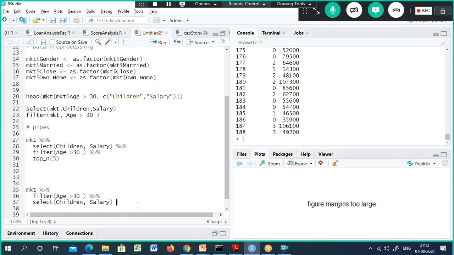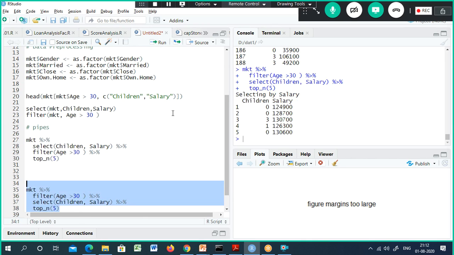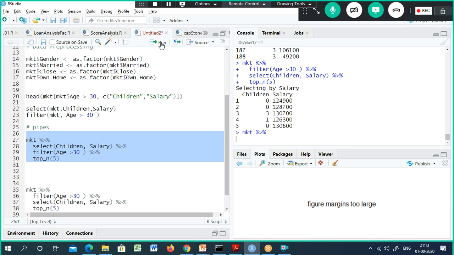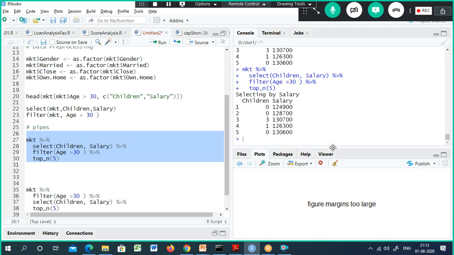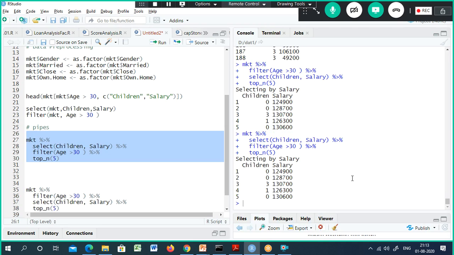This is another way of querying it. Fine. This is how we can tie things together using this pipe operation.